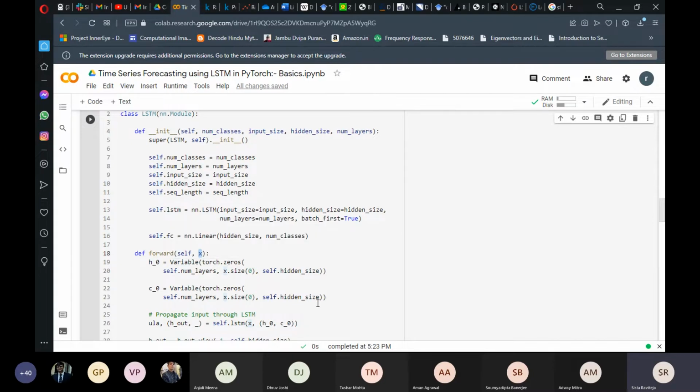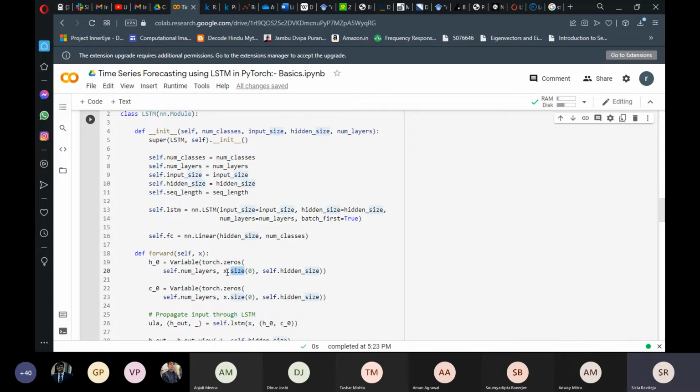Before that, I remember in class, sir has already talked about hidden states in RNN and LSTM models. So this h0 is that hidden state. And in LSTMs, you also have something called a cell state. So c0, or this particular variable here, corresponds to that. For every LSTM model, you have to initialize these two variables, and it is recommended that you do so based on your input size.